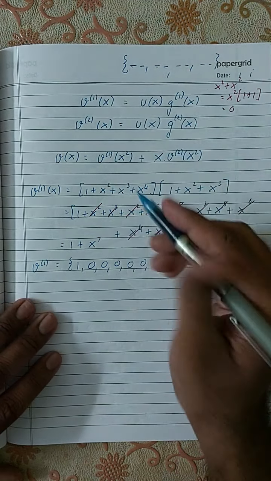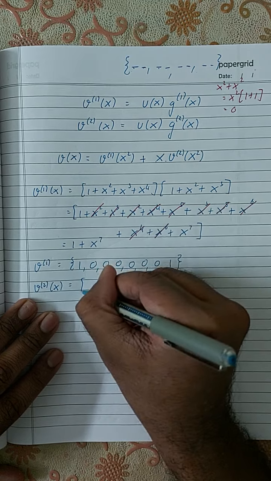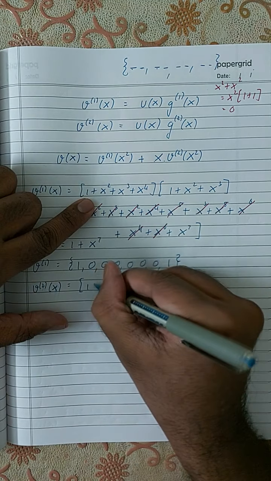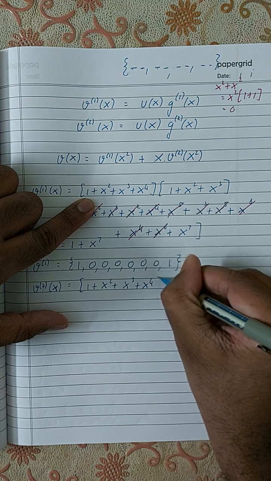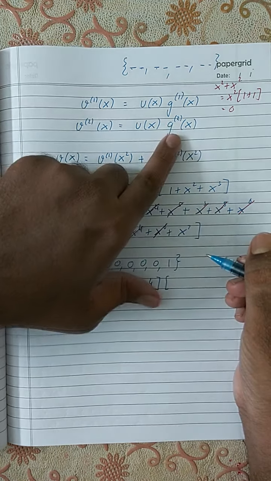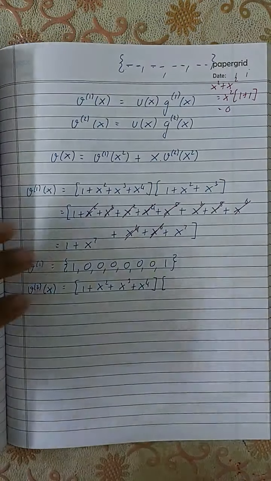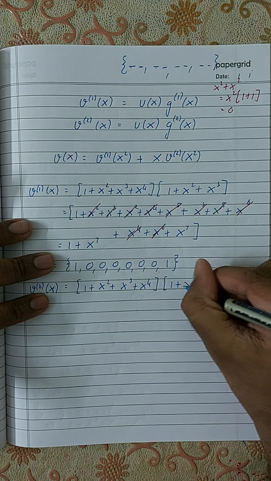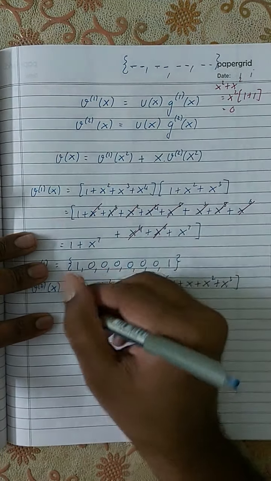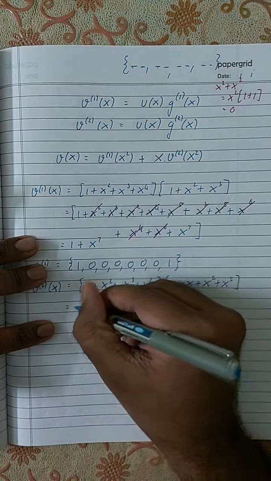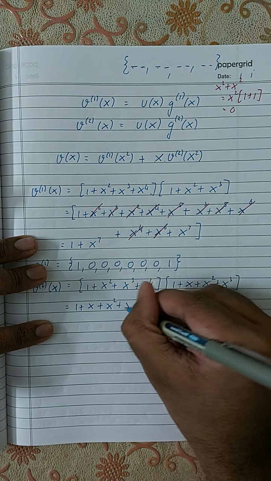Okay, now let's look at v of 2 of x. V of 2 of x is equal to u of x, which is 1 plus x square plus x cube plus x raised to 4, multiplied by g of 2 of x, which is 1 plus x square plus x cube. Okay, so now I'm going to multiply them, and this will become 1 plus x square plus x cube